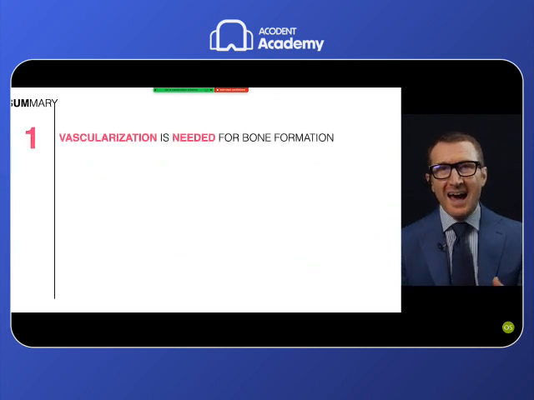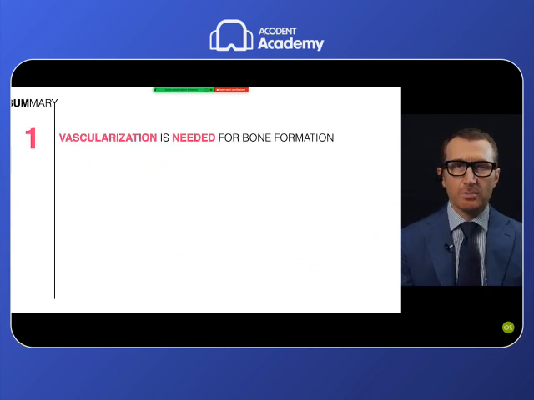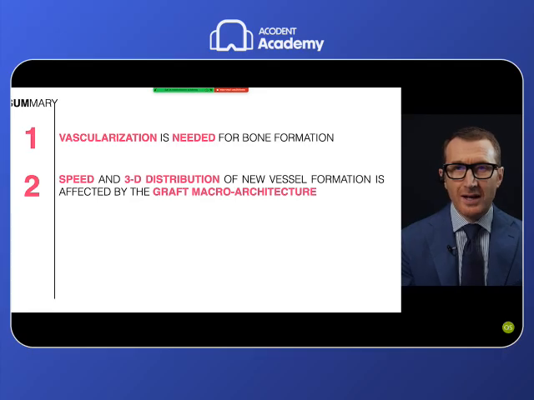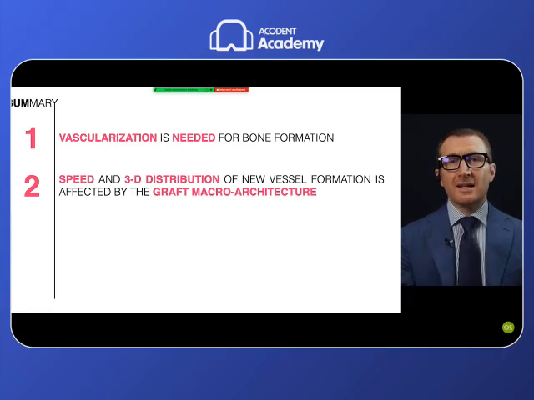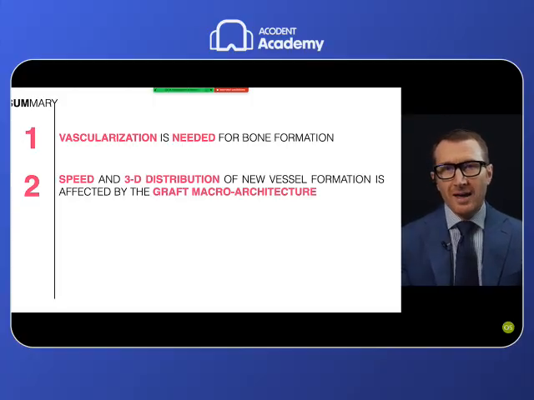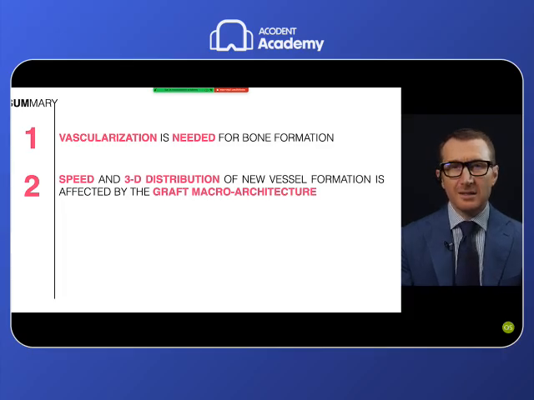So, summarizing how we can affect the vascular support by our clinical decision. Remembering that vascularization is needed for bone formation, that the speed and three-dimensional distribution of the new vessels is affected by the graft macroarchitecture. From a biological point of view, the coagulum needs no other graft material together, so the coagulum has no barrier for the new vessels penetration. But if we are placing a graft material, we should look to particulated material or spongiostructured bone graft